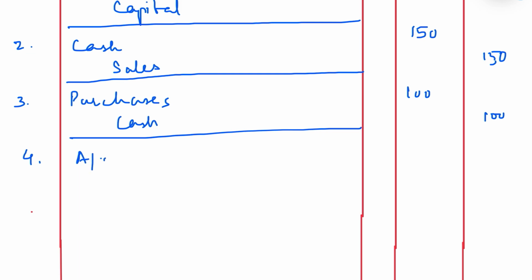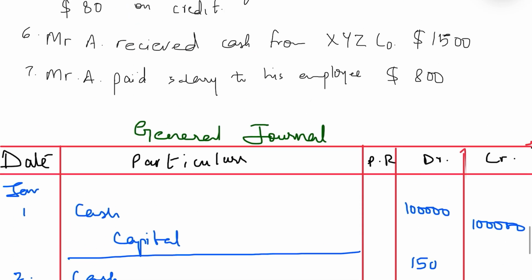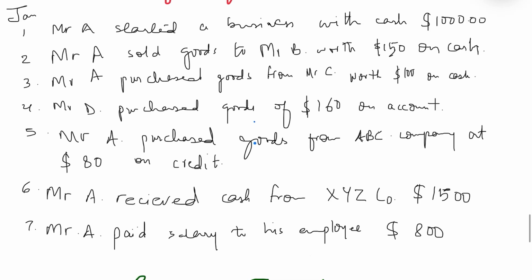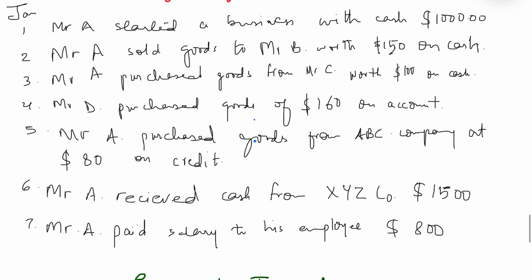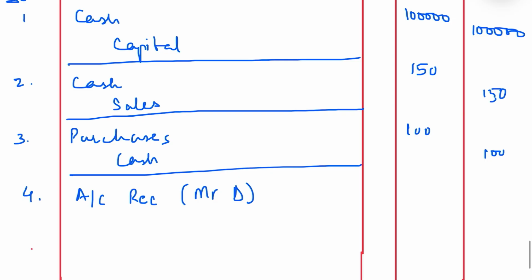Account receivable, Mr. D. It is better to write the customer's name because in business there are so many customers, so the transactions should be recorded by their names. It is easy for us in future to make the ledgers and all. Now, account receivable, and the opposite side on the credit would be recorded as sales, because due to sales, the account receivable account has to be made